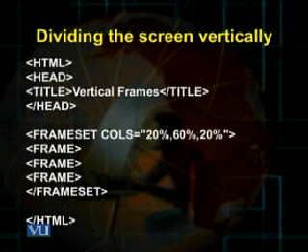In that frameset tag, I use the attribute cols, and I have kept the values of the cols attribute as 20%, 60% and 20%. And thereafter, I have introduced three frame tags which have no end tag. Then I close the frameset tag and the HTML tag.